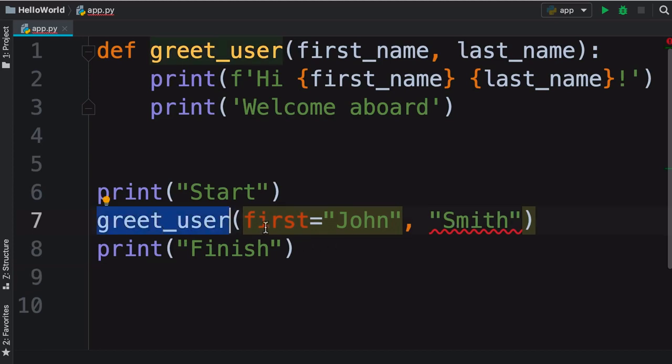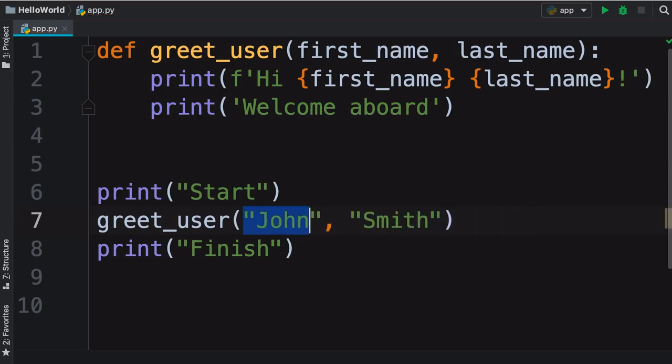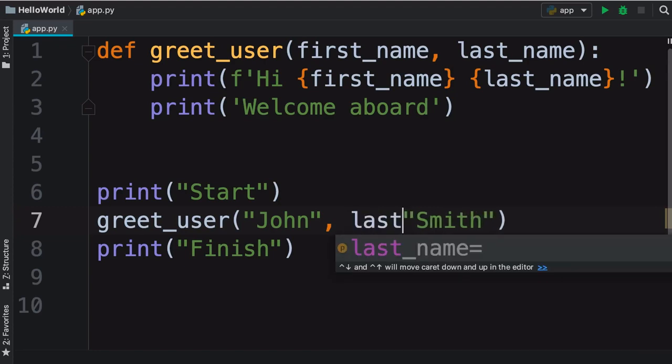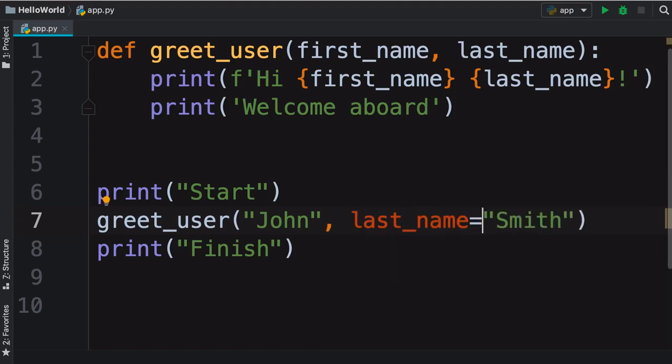So when calling this function, we're supplying 1 keyword argument and 1 positional argument. And Python doesn't like this. So if you're mixing positional and keyword arguments, you should always use the positional arguments first and then the keyword arguments. In other words, let's remove this keyword argument here. So John is now a positional argument, targeting the first parameter, right? Now, after this positional argument, we can supply any number of keyword arguments. So if we set last_name to Smith, look, Python doesn't have any problem with this